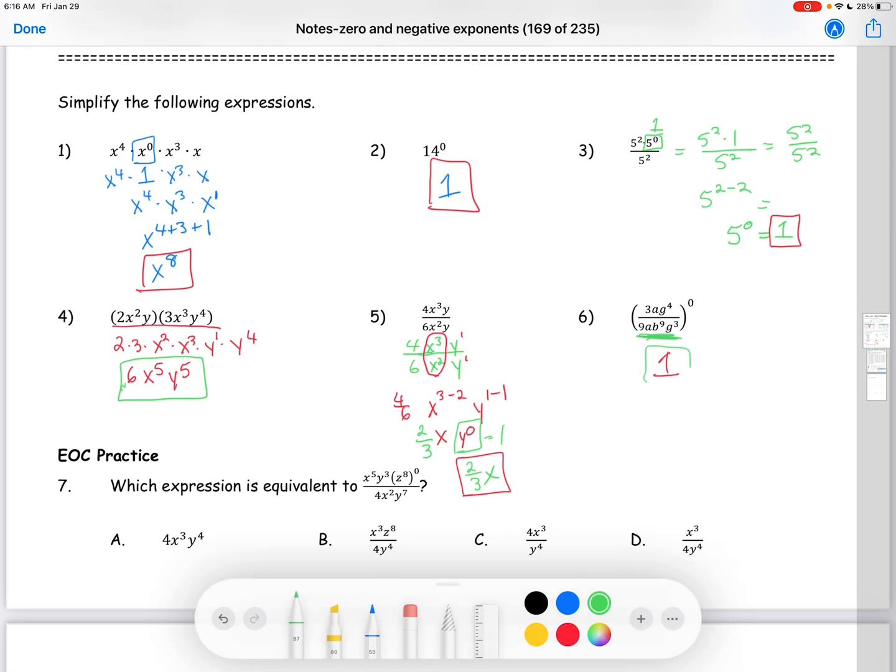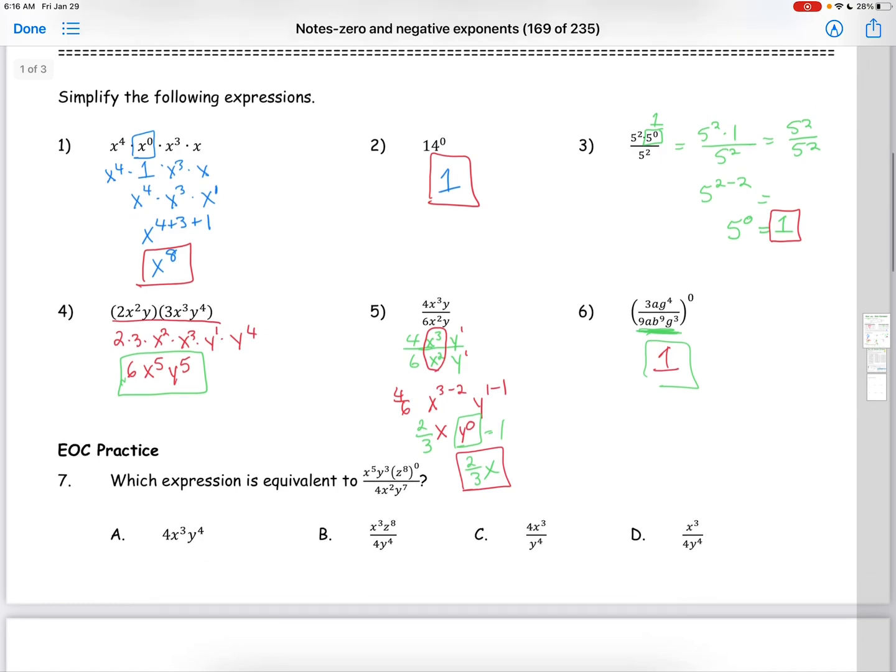And we're done. All right, we're going to skip over this number 7, mainly because we need to keep it moving. All right, feel free to work